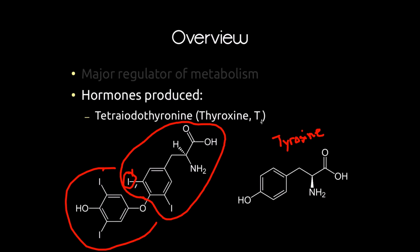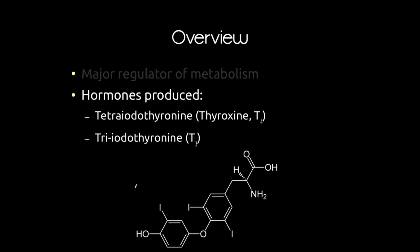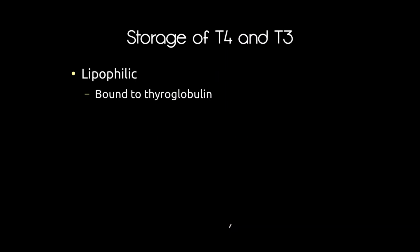knocked onto them. So the other one that we're going to talk about is triiodothyronine, or T3, again because it has 3 iodines instead of 4. Otherwise, the structure of T3 is identical to the structure of T4, just with 1 fewer iodine. So these are the 2 major hormones that the thyroid gland is going to be secreting, and together oftentimes they're just called thyroid hormone. So let's talk a little bit about how T4 and T3 are going to be stored